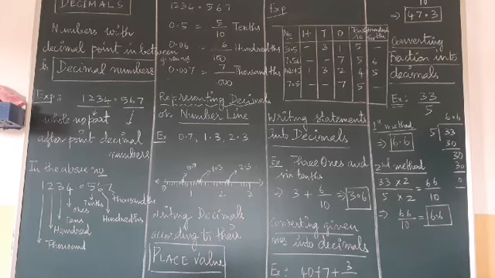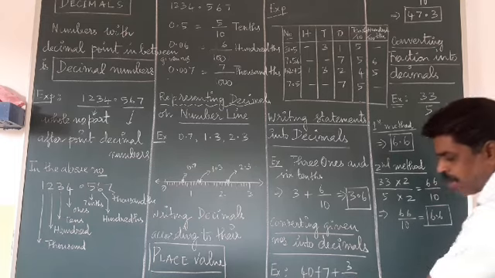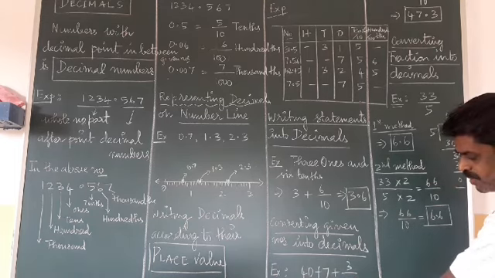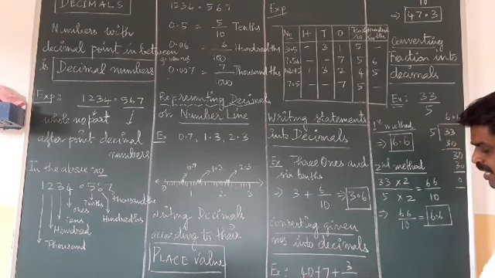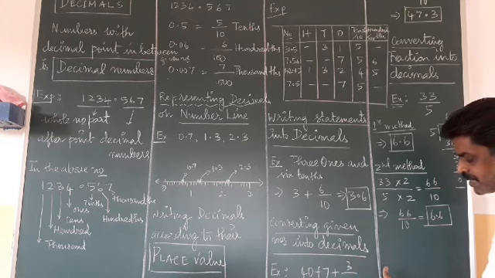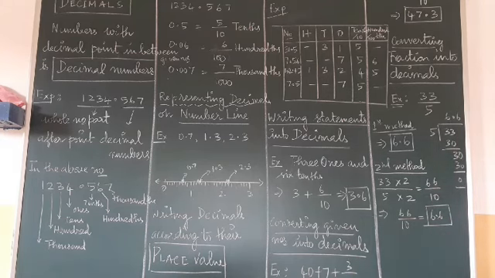How we can add and make the decimal form. One example I have taken: 40 plus 7 plus 3 upon 10. 40 is a whole number, 7 is a whole number, we can add. So it will become 47 plus one fraction number. The fraction is 3 upon 10, that means 10th digit. So 47 plus 3 upon 10 means